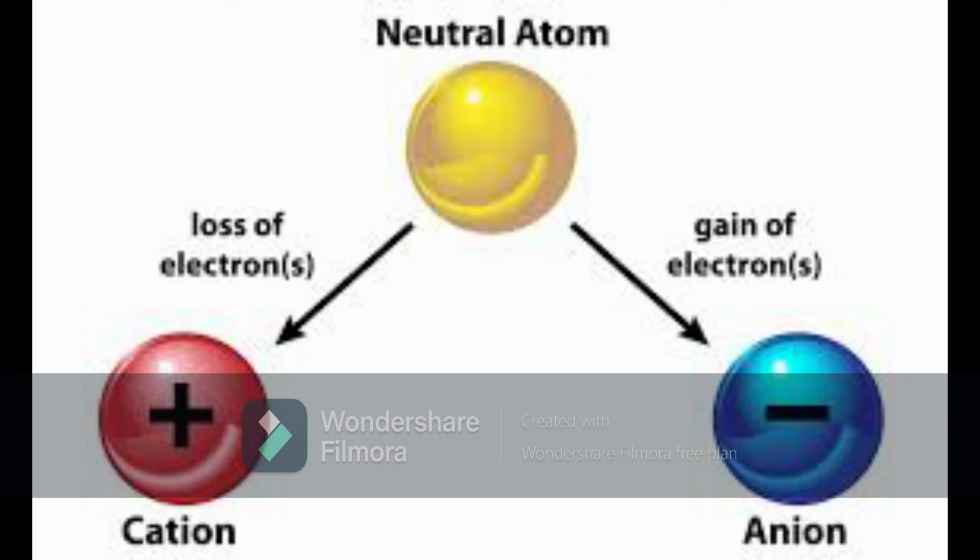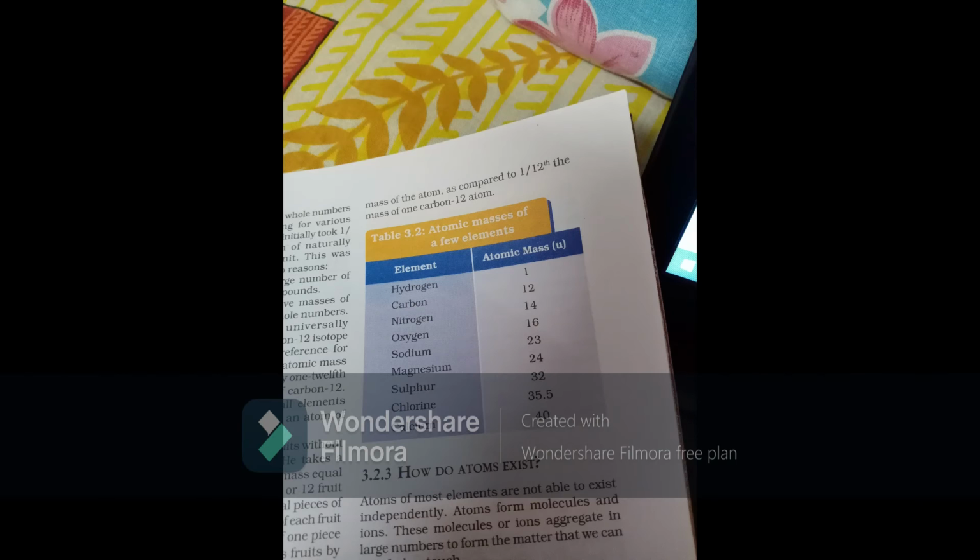Next we are going to see what is an ion. See, there are atoms which lose electrons and which gain electrons. For example, compounds composed of metals and non-metals contain charged species. The charged species are known as ions. Ions may consist of a single charged atom or a group of atoms having a net charge on them. An ion can be negatively or positively charged. For example, a negatively charged ion is called an anion. A negatively charged ion is formed by adding an electron.